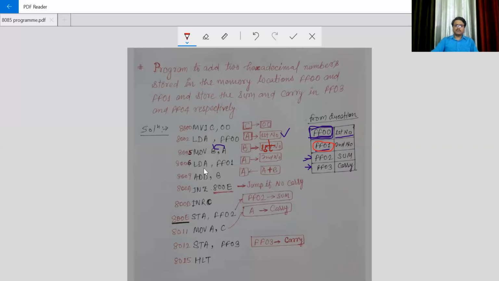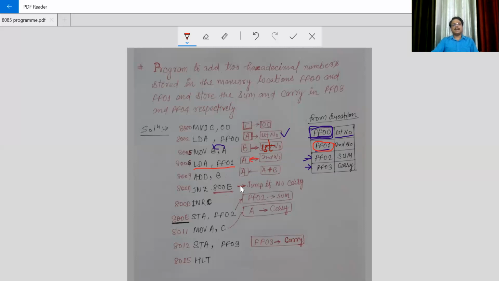Again I use the instruction LDA FF01. Now the second number will be loaded into the accumulator, so the accumulator now contains the second number.